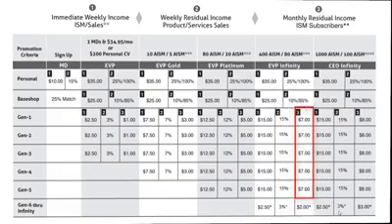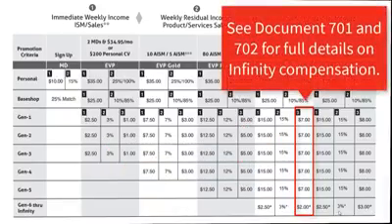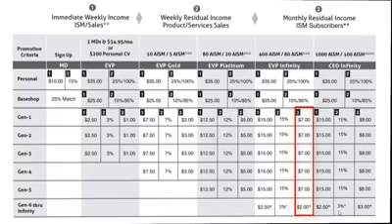And $5 per month for each active Dream Team residual membership renewal in generations 1 through 5, plus $2 per month for each active Dream Team residual membership renewal in generations 1 through Infinity down to the next qualified EVP Infinity, and then $1 per month for each active Dream Team residual membership renewal down to the next qualified Infinity.